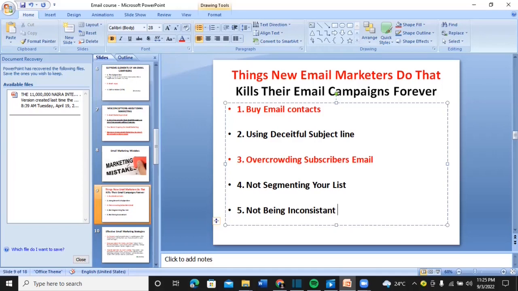So if you continue to send deceitful headlines and they open it and get to the email and see a totally different thing, you are shooting yourself in the foot. You are seriously shooting yourself in the foot, which is very bad for you,